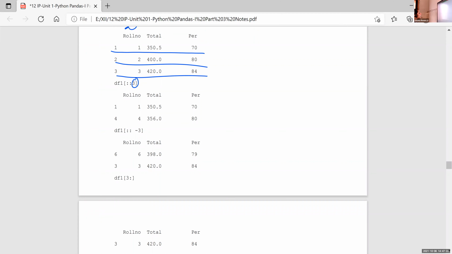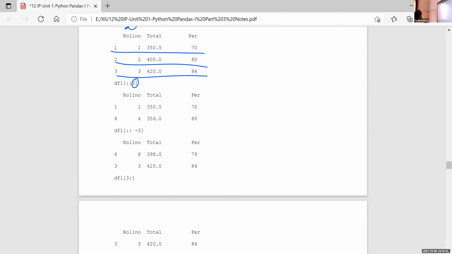Then df1[::-3]. When you learn all these options related to slicing, learn all the examples based on this slicing.